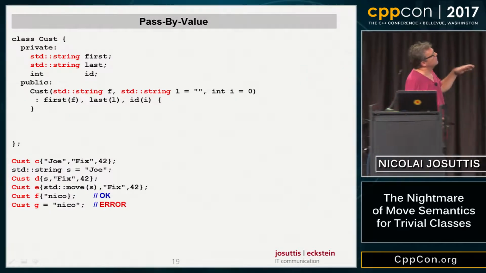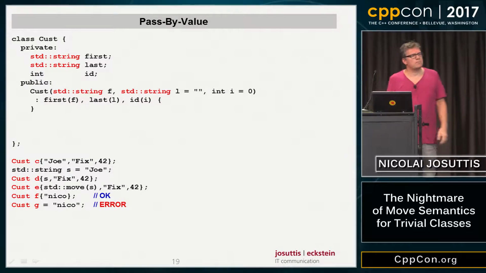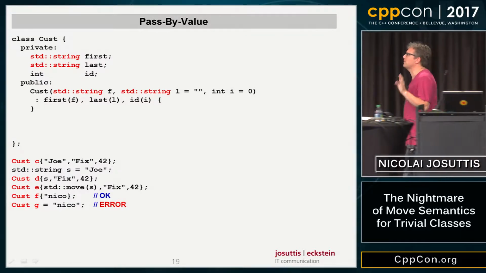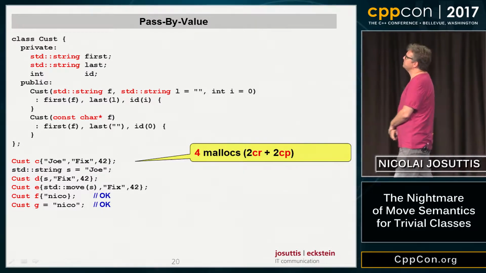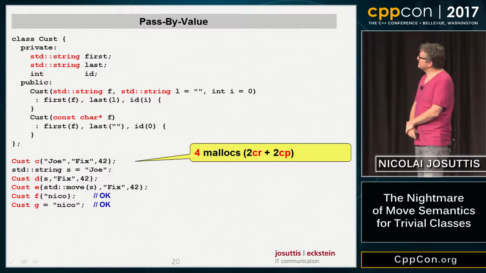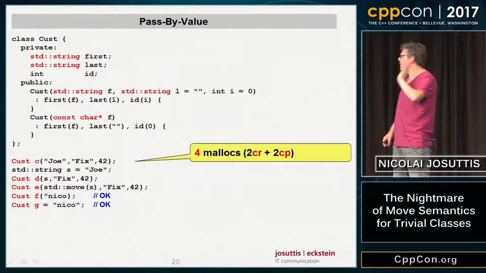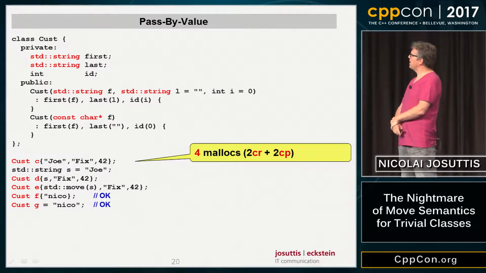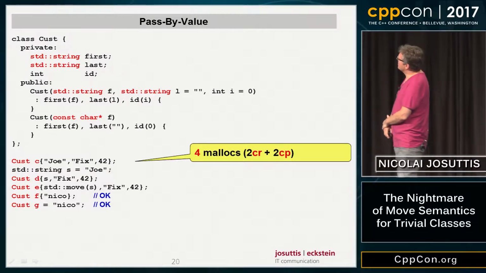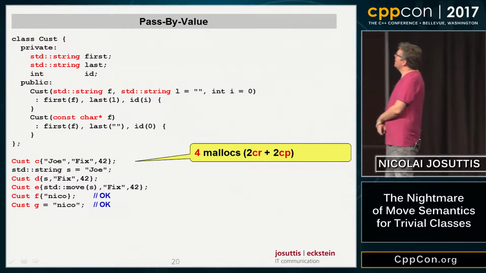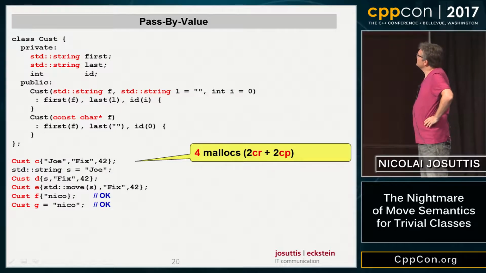Well, first of all, we still have the problem with the 2 user-defined conversions. So let's make it correct. Let's add this additional single constructor taking a const character star. Now let's count and see what happens. First constructor has 4 mallocs. That's not good,